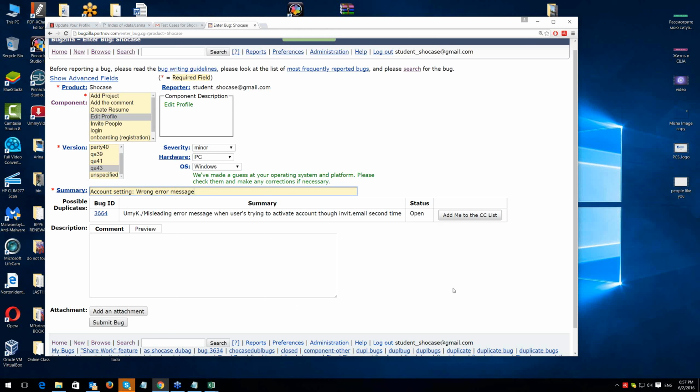Second, please review existing bugs. You see that Bugzilla is so smart that it already suggests, hey, be careful, check if somebody already filed this bug, right? Because it's not good, we don't want duplicates. And probably I will now open that bug and review it, and maybe I need to add some comments,